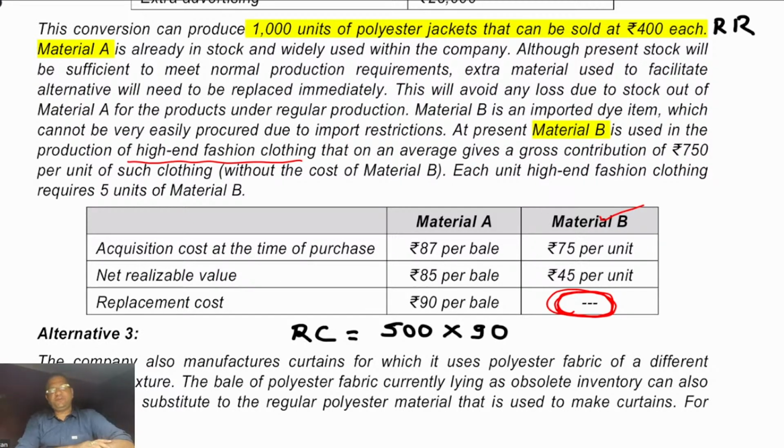Raw material B is the key factor. And if you are having a red pen, beta, please continue writing through the red pen at this point, very important point. And in case raw material is the key factor, the relevant cost would be the quantity required in the special order,